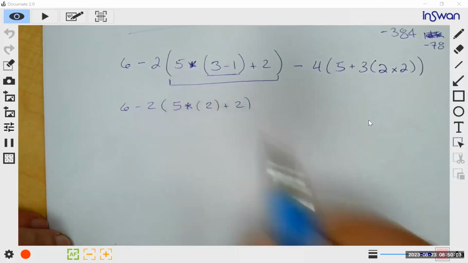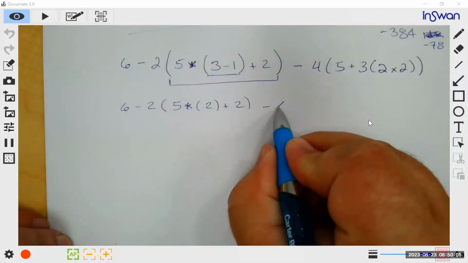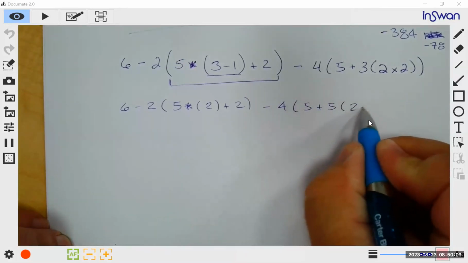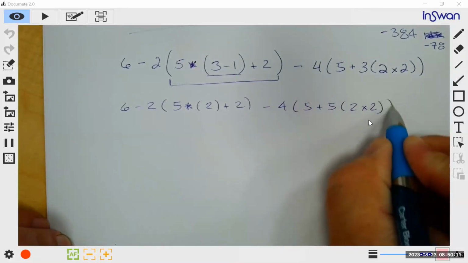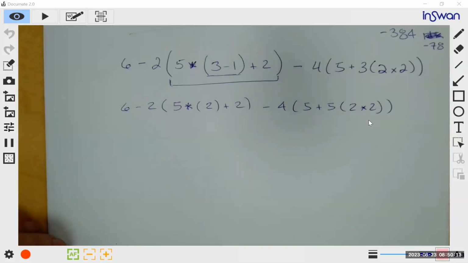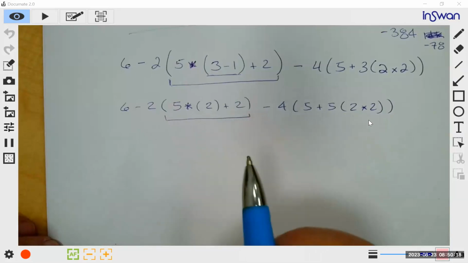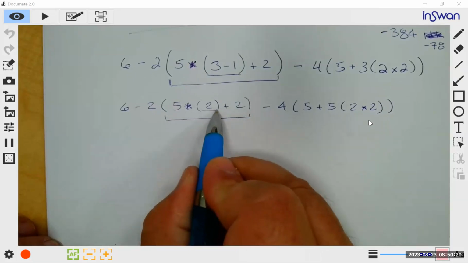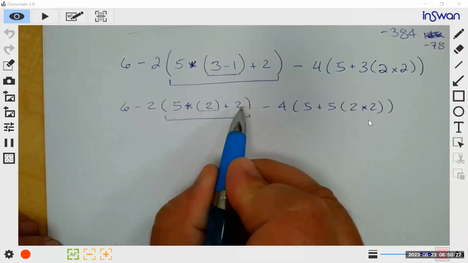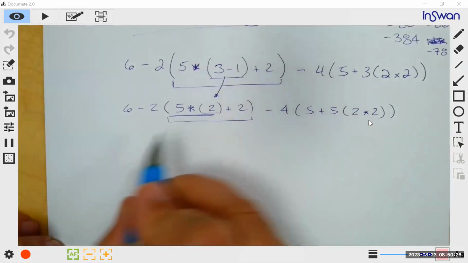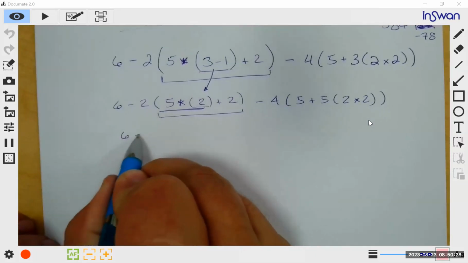This is multiplication. We don't touch that side just yet. Repeat the process. Left to right, we got a bracket, parenthesis, I mean. We can't do anything in here. So is there any addition, multiplication, division? So that gives us that. So we have 5 times 2, which is